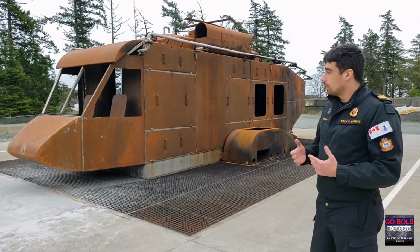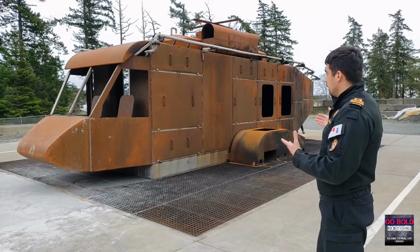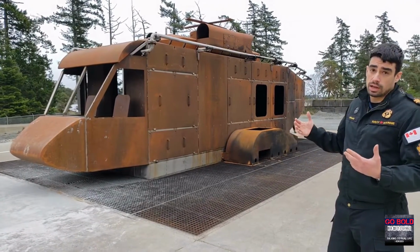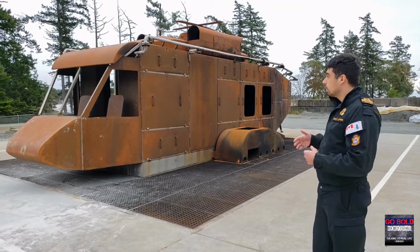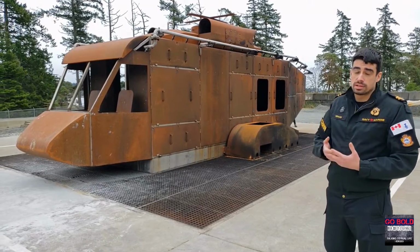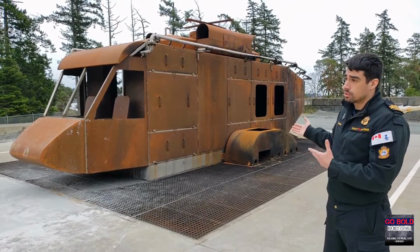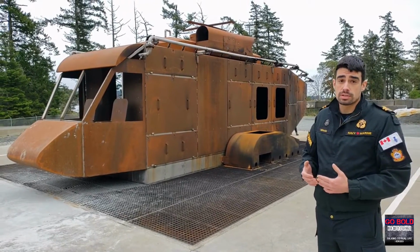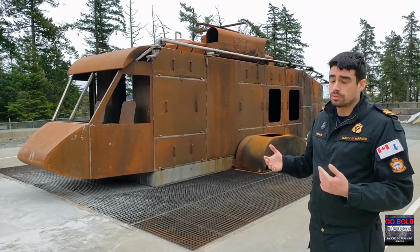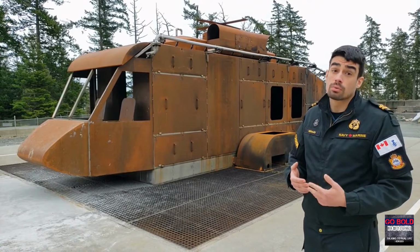put out the fire. So this trainer allows us to set real fires inside and around it at different areas of the helicopter in order to provide as realistic a training as we can. We can place specialized dummies that won't melt in order to practice the casualty evacuation as well. The temperature of this trainer will go up to 2,500 degrees Celsius, allowing us, again, as realistic a training as possible, as the different fuels that are in helicopters and the torpedoes that the helicopter carries can burn really